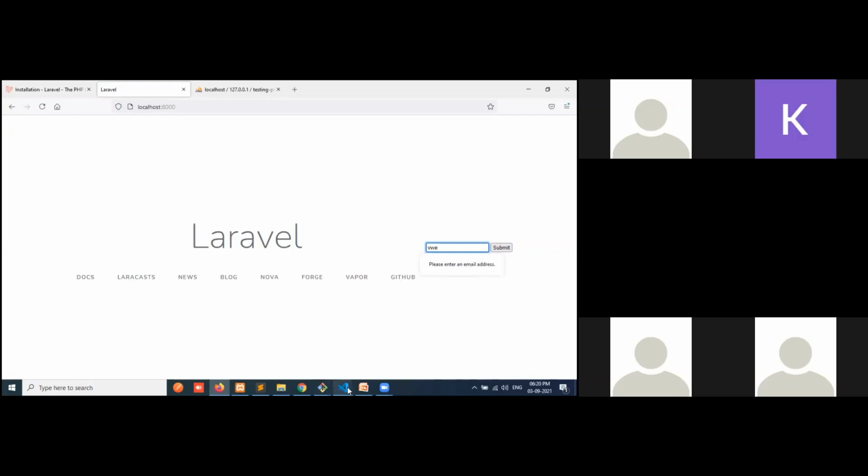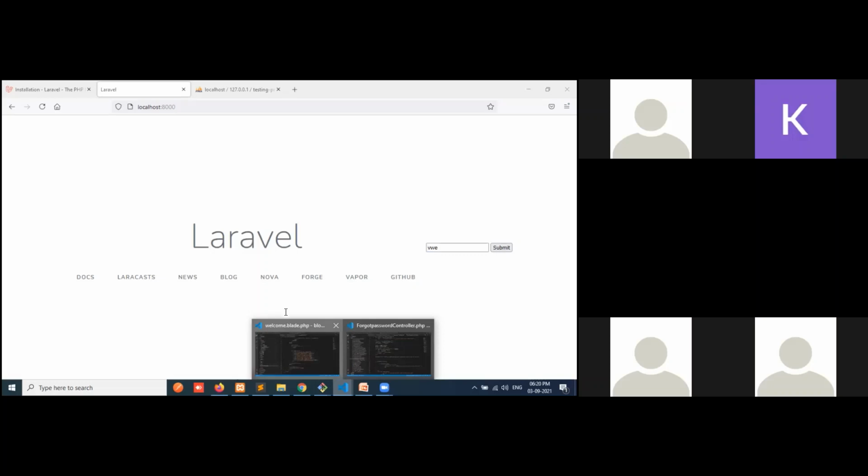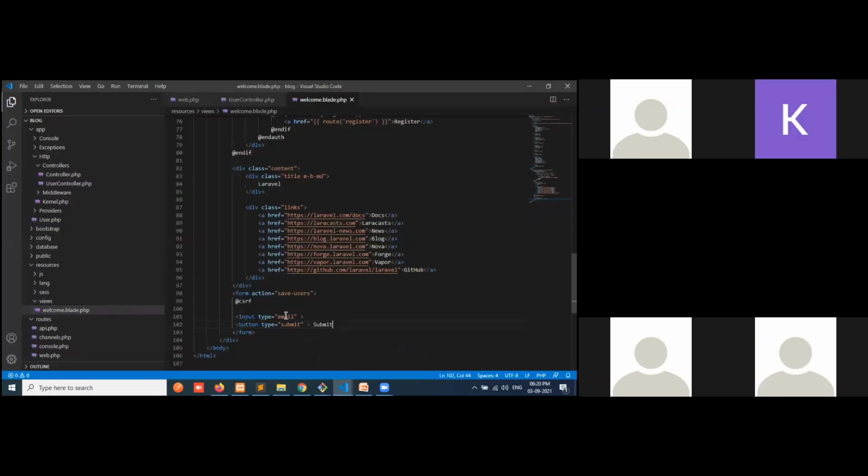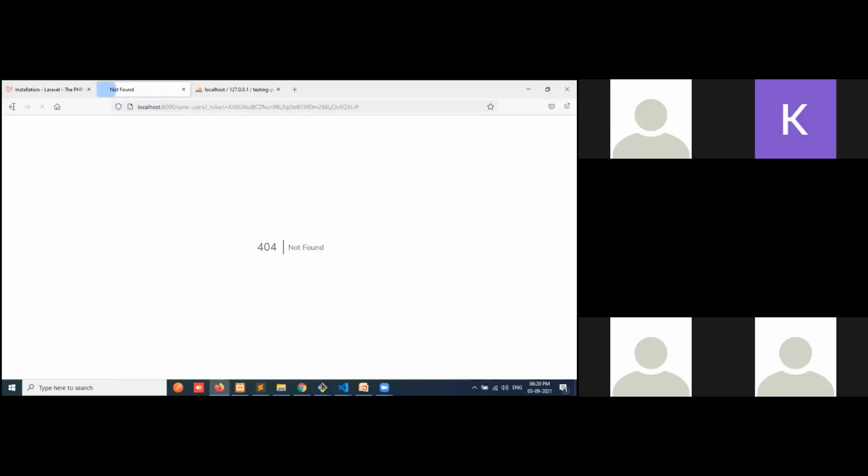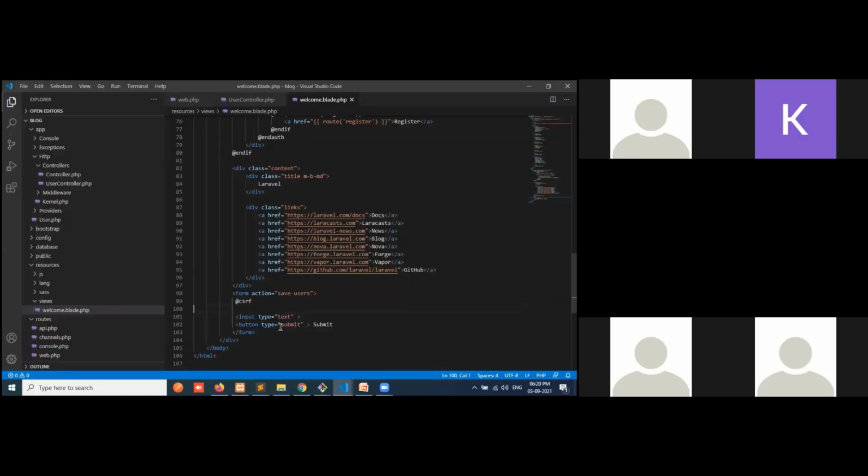If you don't give an email and give text instead, the pop-up will not come. It will go directly to the submit button, this route.